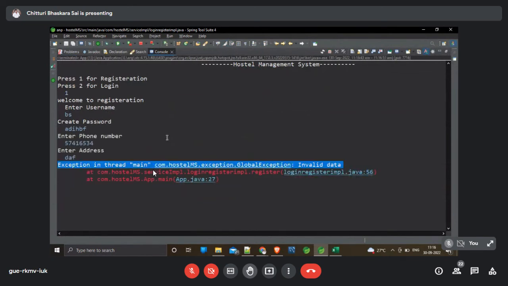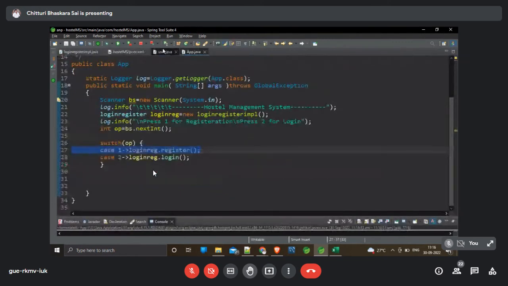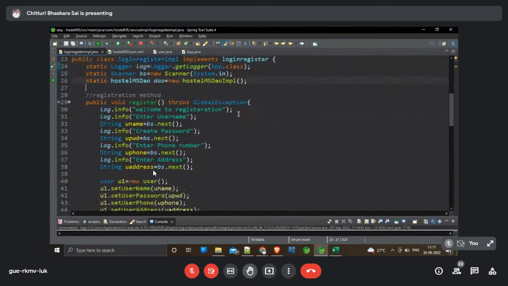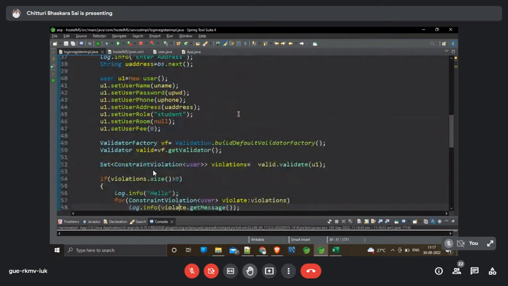Oh, same thing we are getting, App.java 27, LoginRegister. In this LoginRegister implementation, we are calling this register method and where we are